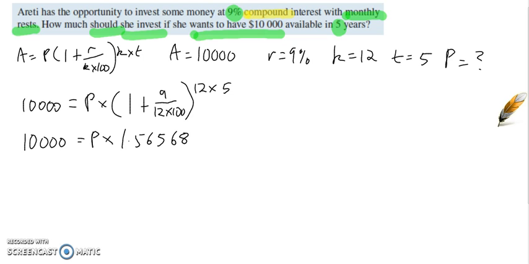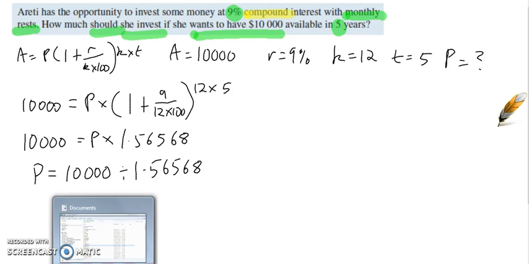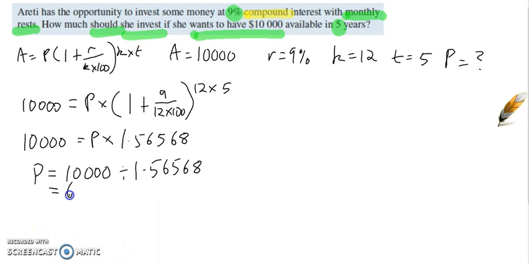Now, to be as accurate as possible, we want to try and use the number in the calculator. So you can hit AC, and we're going to have to figure out the principal is 10,000 divided by, because that's the opposite of multiply, 1.5568. Okay? But when we're doing it in our calculator, we can do 10,000 and put in divide by answer instead, so that we get a more accurate answer. And we should get $6,386. Well, in this case, 87, because if I round correctly,